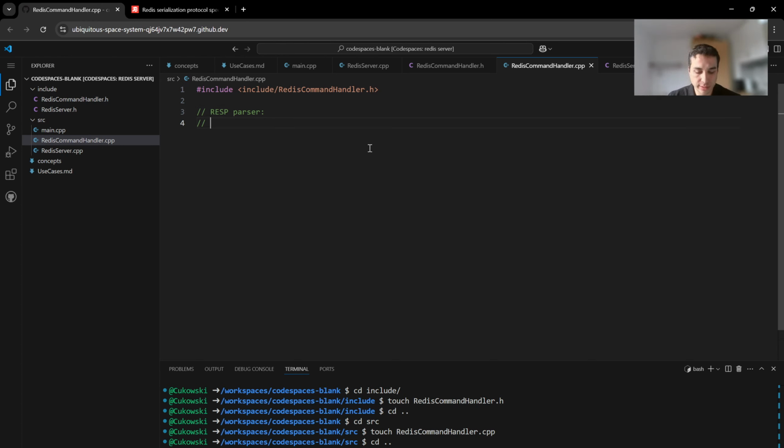If we have a command that starts with the star or asterisk, it means it is an array, a list of strings. So if I have asterisk 2 \r\n $4 \r\n ping \r\n $4 \r\n test \r\n, this will mean